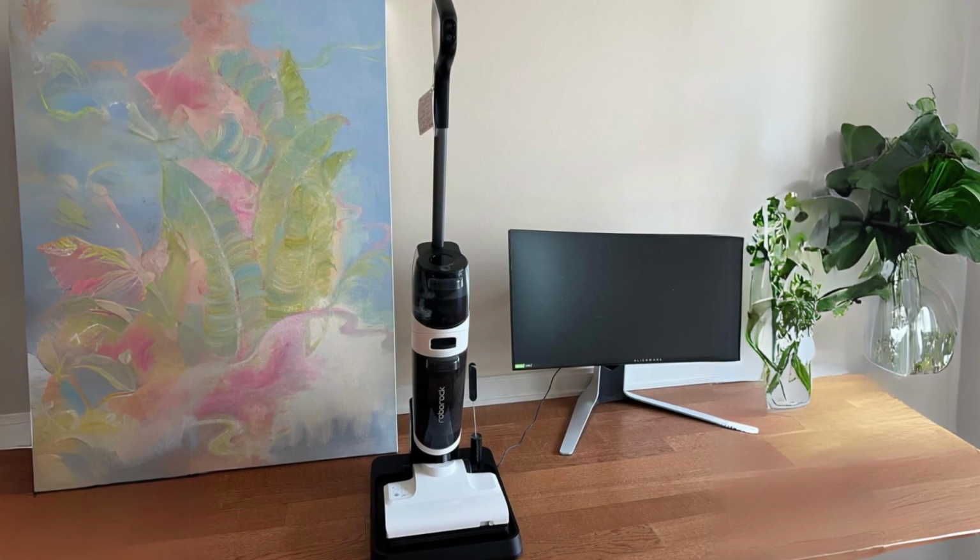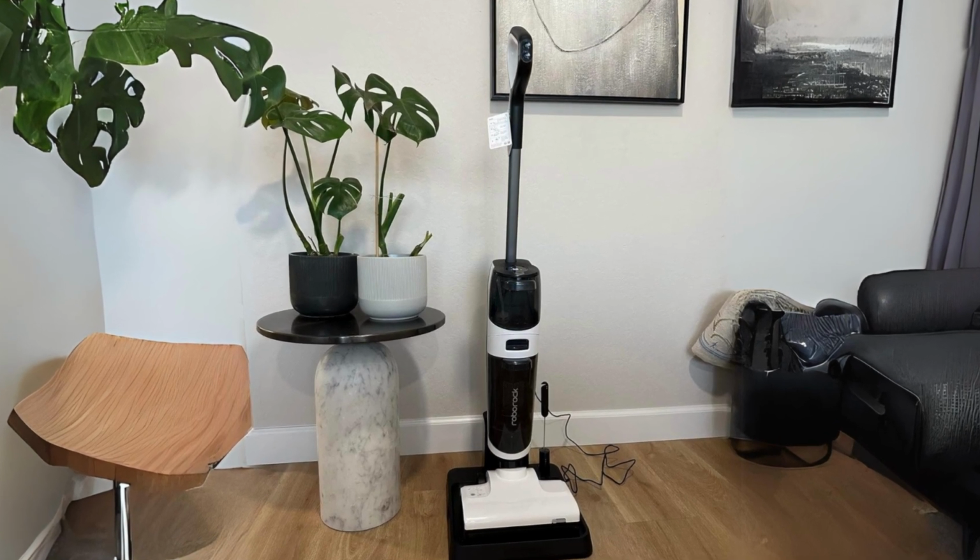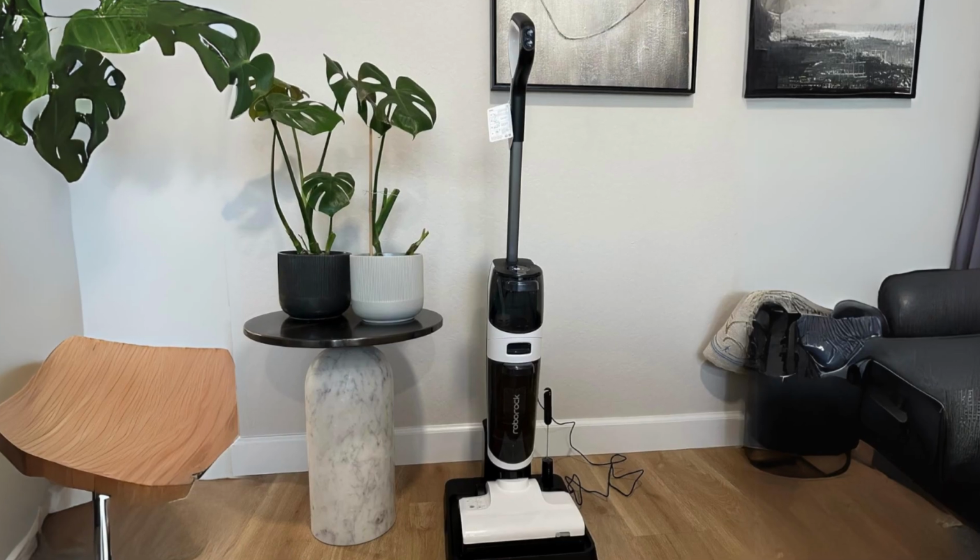Its wireless connectivity and lightweight, portable design further enhance convenience, making it a valuable asset for maintaining a clean and